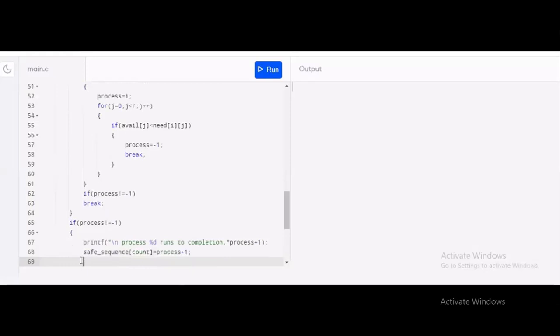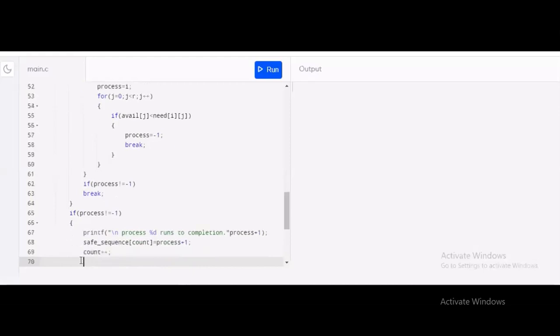Now count plus plus. What is the count variable? We are using the count variable to increase the number of processes, and we initialize the value of count to 0.